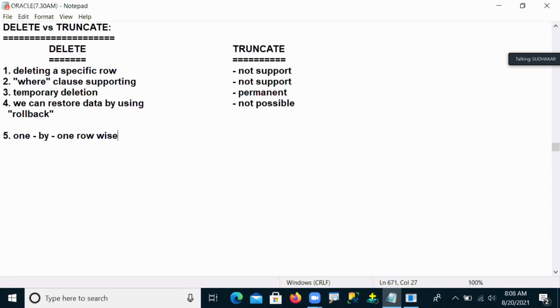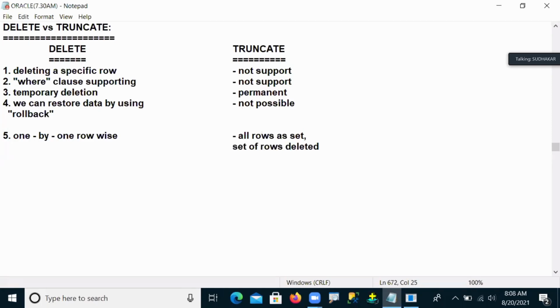Whereas the truncate command is deleting all rows. It will treat all rows as a set, so the set of rows is deleted.